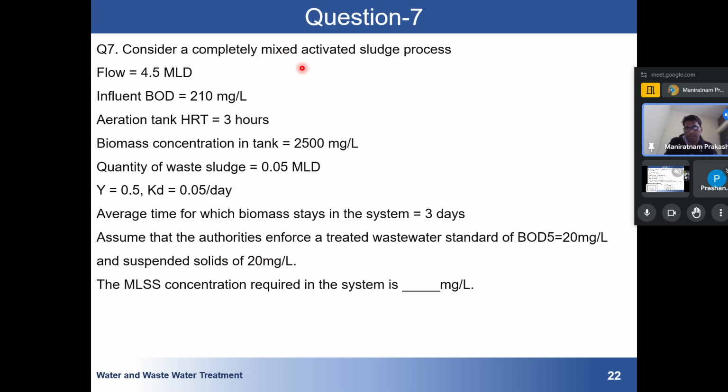Now suppose you have opened a treatment plant and these conditions are fulfilled. During the design you should consider that you have to follow this standard limit before discharging, and remember there is a different limit for different discharge systems. Suppose if you are discharging in a river, there will be another standard. If you are discharging on land or water, it will be another parameter. And if you are discharging in the sea, it will have different parameters. So you have to find